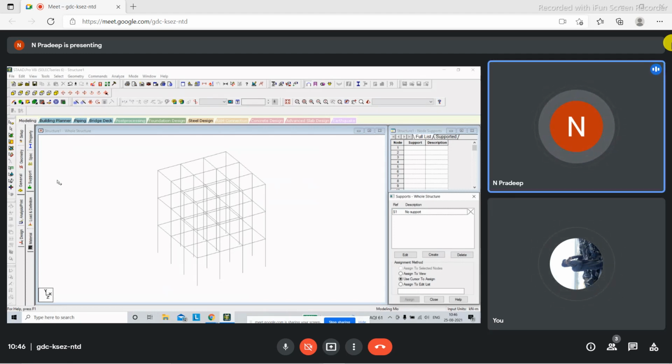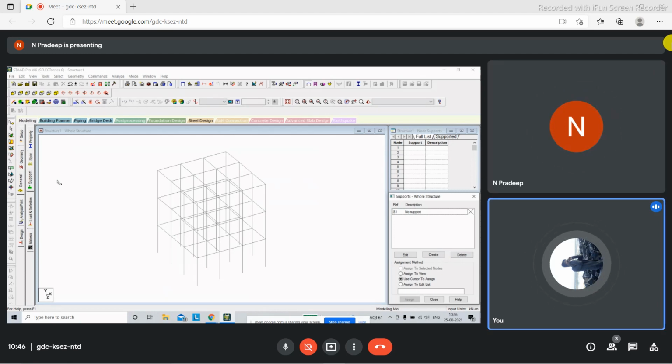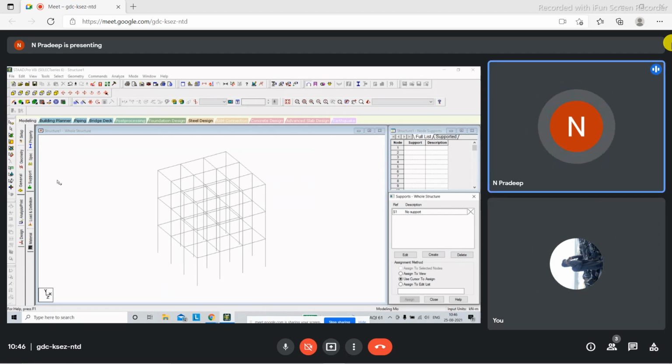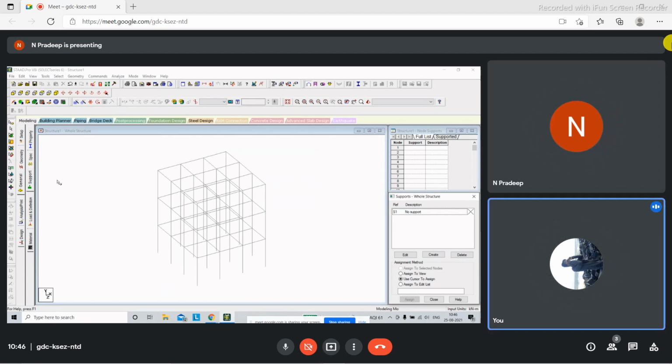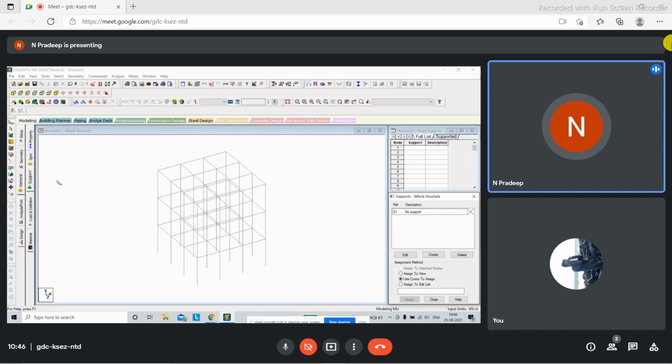Pinned and simply supported are the same, right? No. Pinned and hinged supports are the same, and there is no support like a simply supported one in the real world. Mostly we don't use simply supported at all. Now when a beam is connected to a column, it is not a simply supported beam. It is a fixed supported beam.